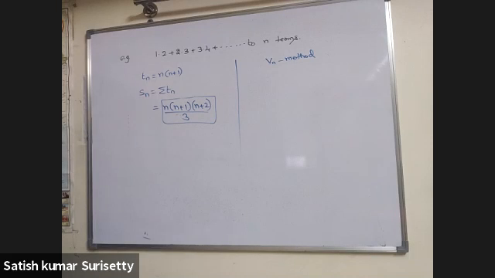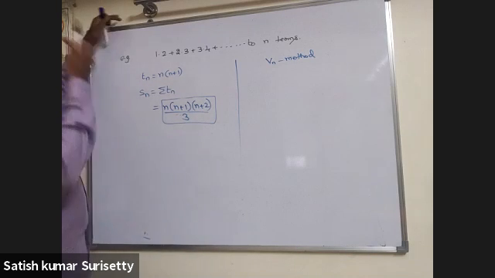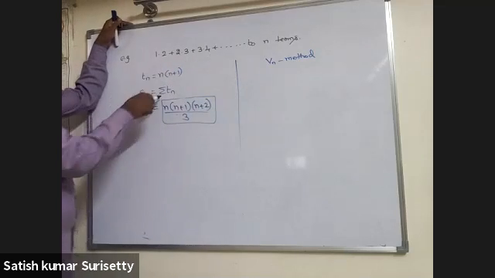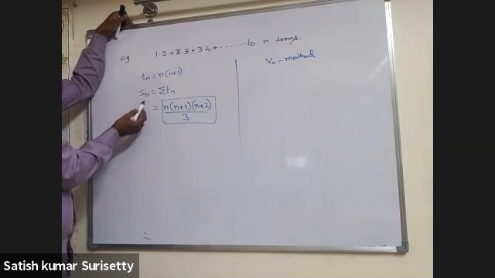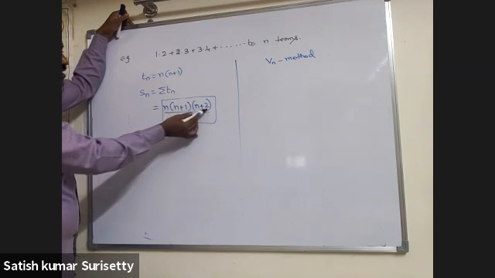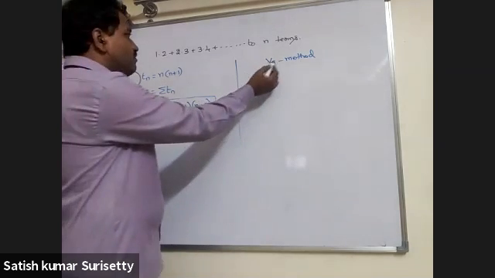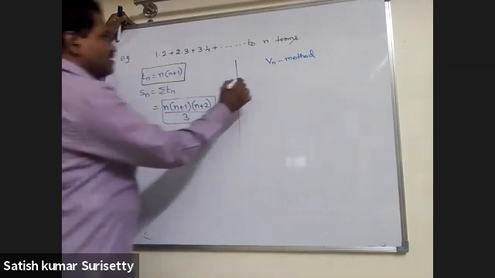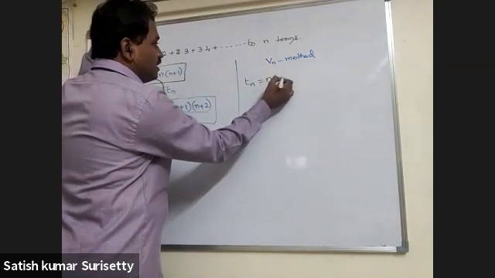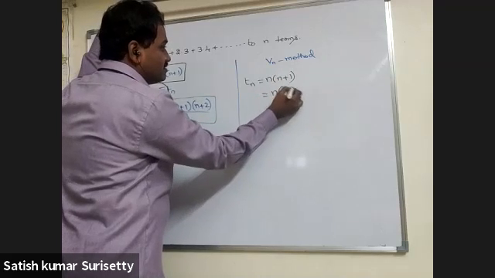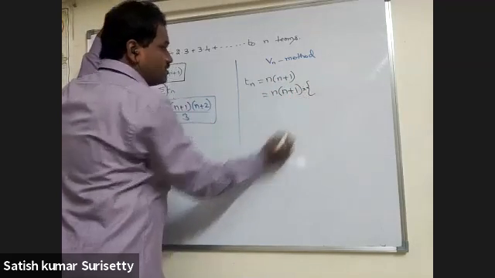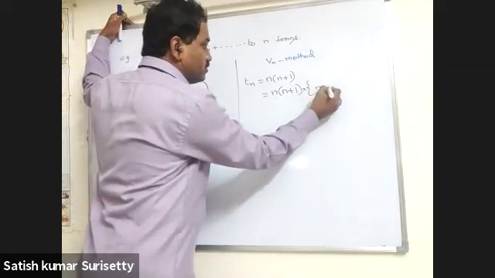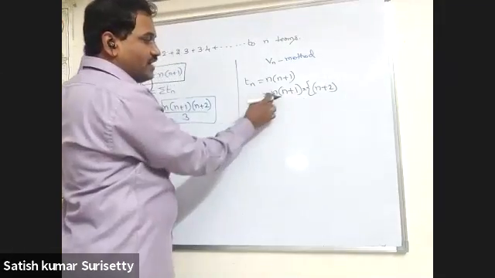Sure. So in this problem, 1 into 2 plus 2 into 3 plus 3 into 4 and so on to n terms. One general method is calculating the nth term and calculating the sum of n terms, which you get as n into (n plus 1) into (n plus 2) by 3. So the another method is the Vn method, that is expressing the nth term as a difference of two consecutive terms, that is Tn equal to n into (n plus 1). This I should write as multiply with one more factor using the difference of the next factor and before this factor. So the next factor is n plus 2, and before this factor is n minus 1.